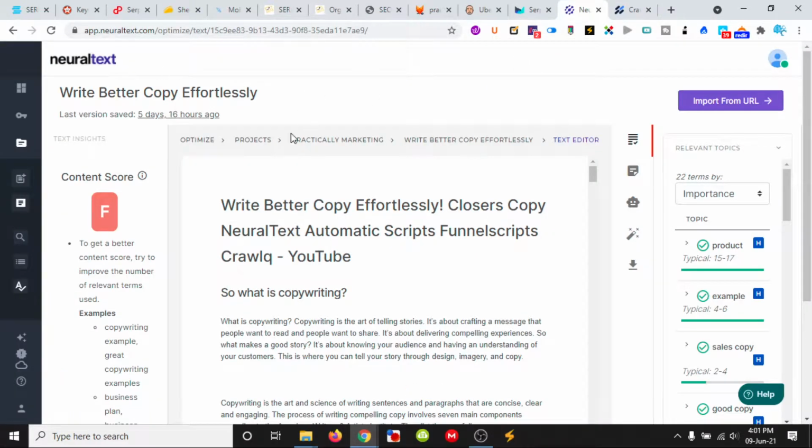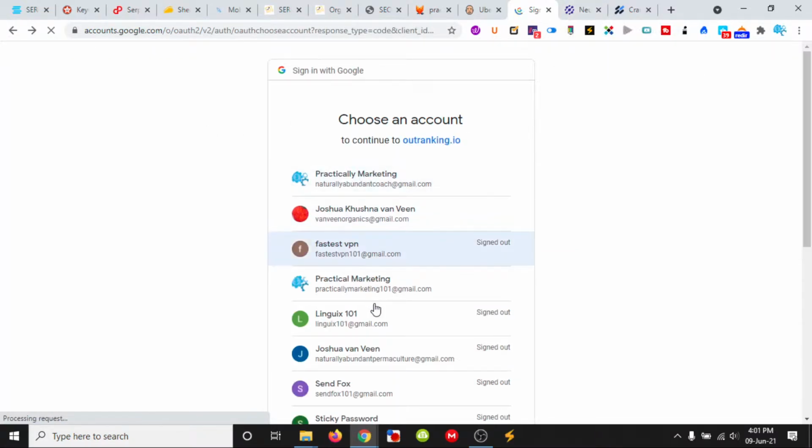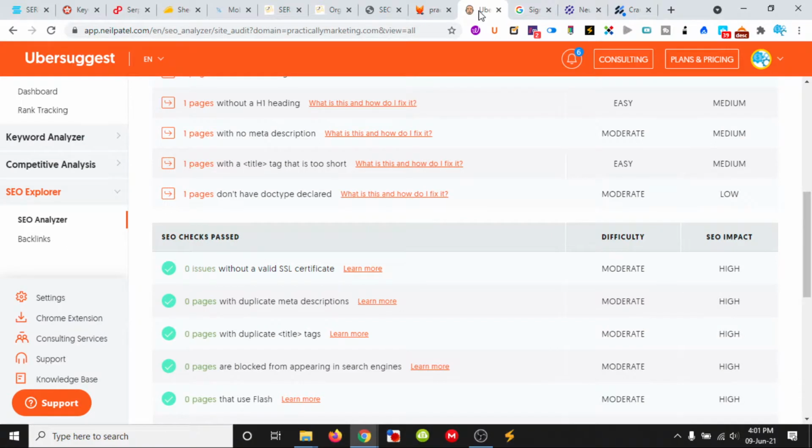Neural text gives you basic copywriting scripts as well. So yeah, these are the all-in-one tools. This one helps you go through. Oh, I shouldn't have done that to this. I'm sorry. Outranking, what's showing you that they still have bugs. So both of these, all of them will still have bugs that you're getting on those lifetime deals. Ubersuggest is probably a more polished one. So yeah,